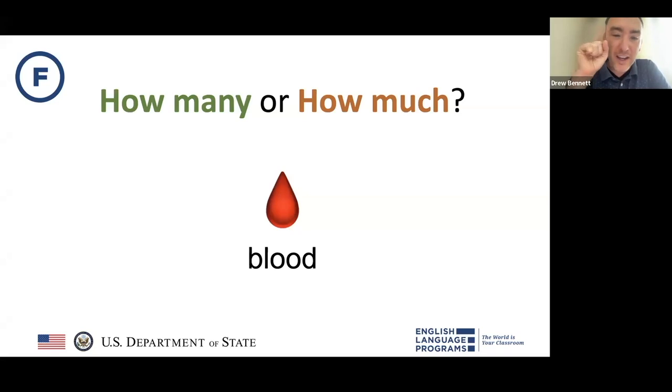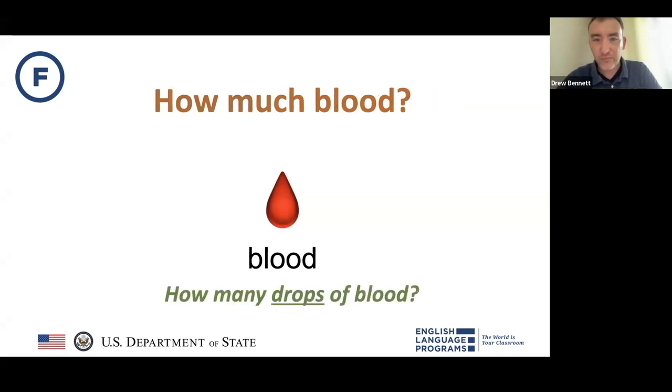And again, I love that someone said drops, because that is going to be your measure word, right? So 1 drop of blood, 2 drops of blood, 3 drops of blood. You might have a vial of blood. A doctor might have a vial of blood. So there are different ways to count it, but usually it's how much blood. There it is, there's my answer. Okay, great.